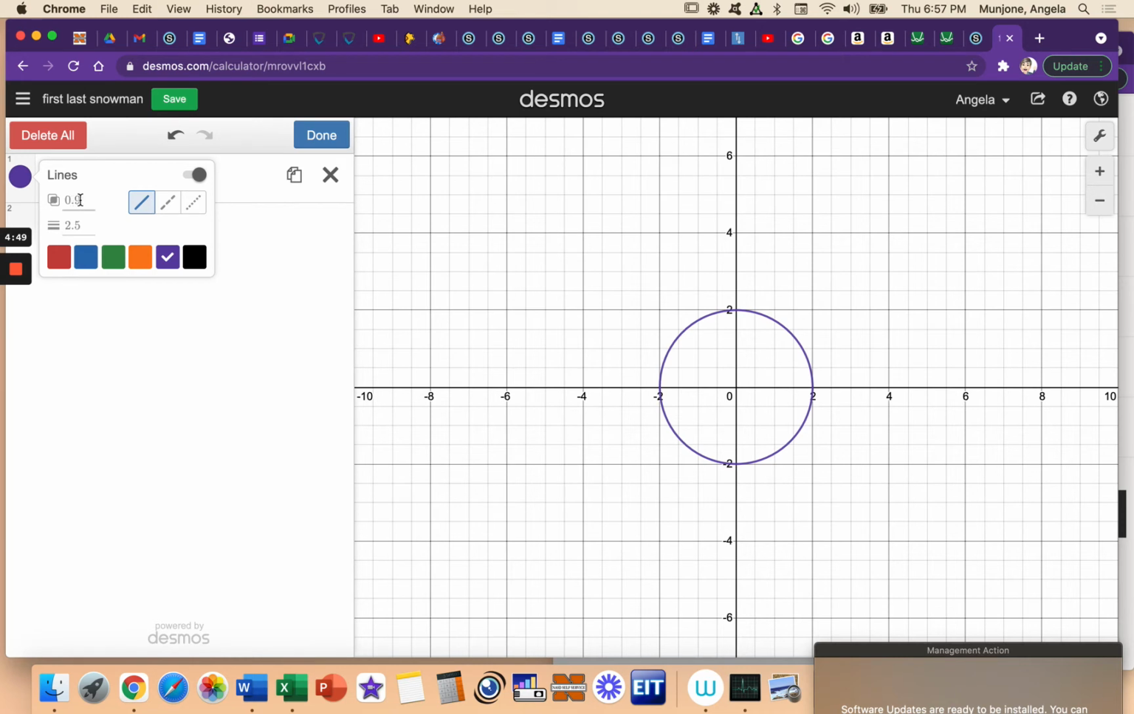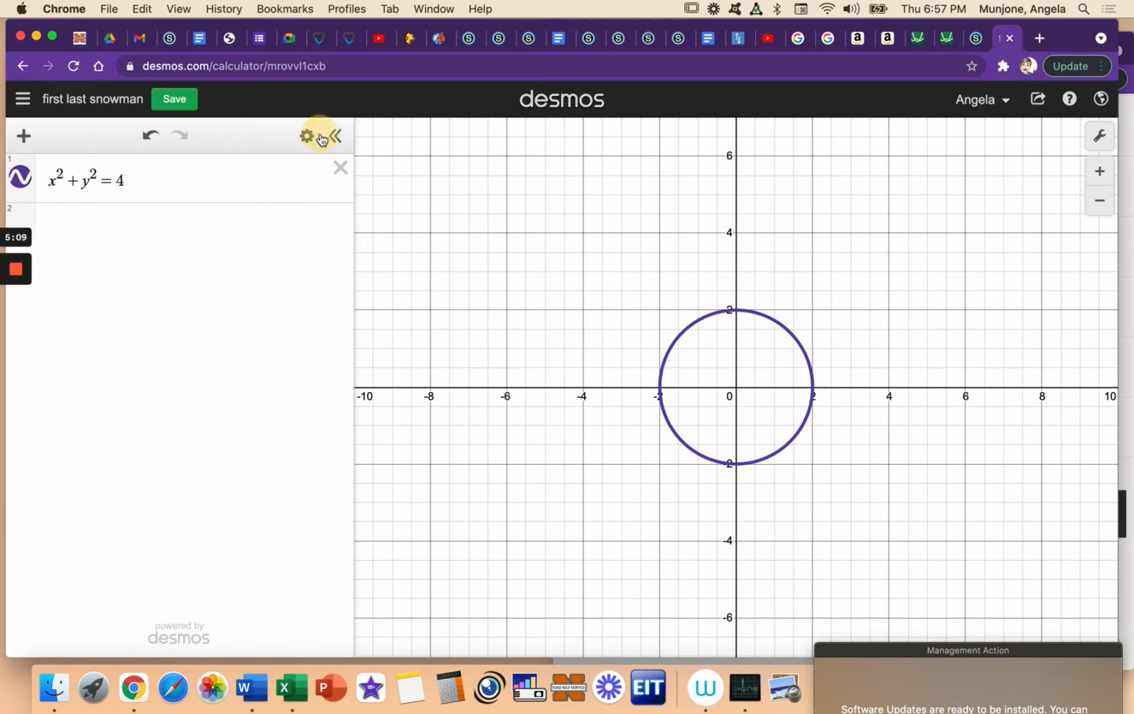Maybe I can change the thickness. Nope, that's not going to change that. I think this will. Yes, that changes the thickness. If you saw what I did over here, it changes the thickness of my line. So you could do that. Okay, and then I'm just going to click out of it, and I'm going to click done, and it's going